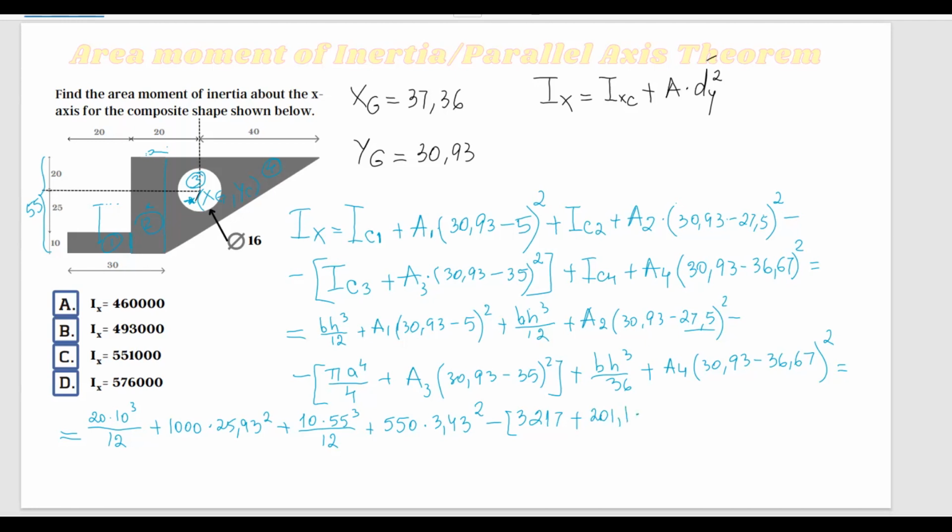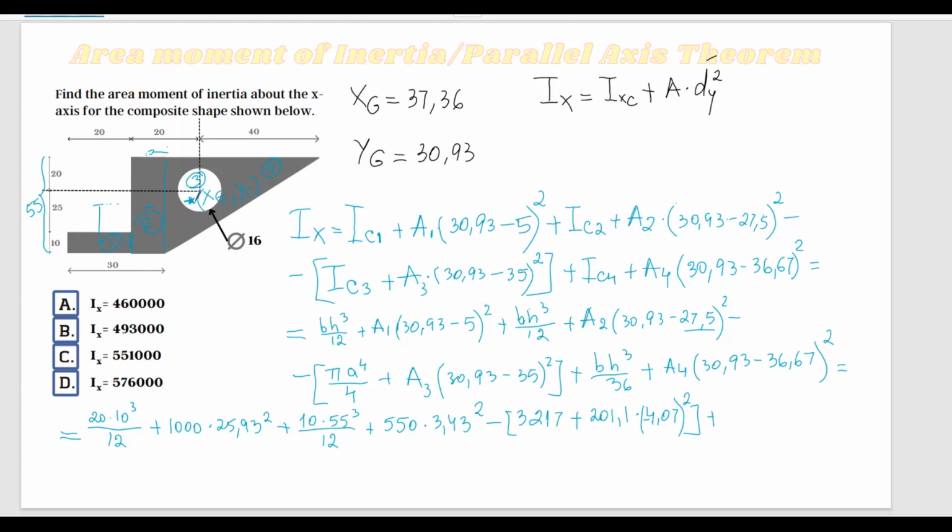multiplied by the distance from the circle centroid to the centroid of the entire composite shape. So I'll get 35, 30.93 minus 35, get 4.07 squared. The way we wrote it, you get minus 4.07, and I'll write minus just in case, because it doesn't matter. This minus sign doesn't matter. It's going to be squared, so it does not matter. Now I'm going to close this parenthesis plus A4,